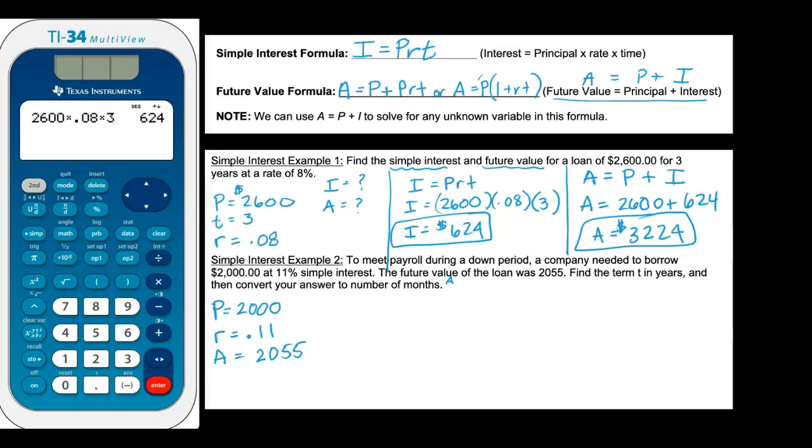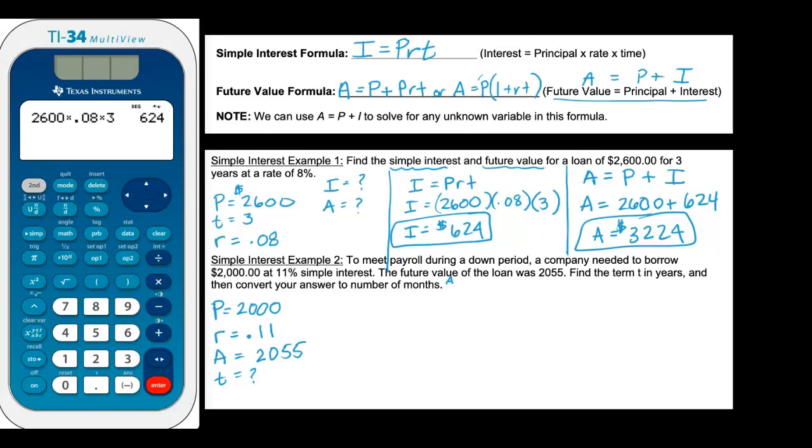Find the term T in years, so T, we don't know what that is, and then convert your answer to number of months, okay? So let's look at what we have and then look at our equations. And so I want to find T, so if I look up here, the simple interest formula has T in it, and I've got the principal, and I also have rate, but if I want to find T, I would also need to know I, and since I don't know I,